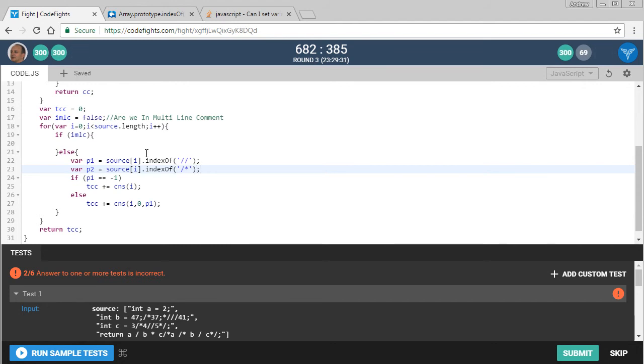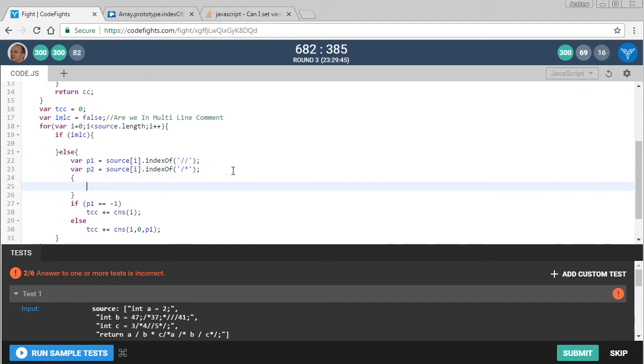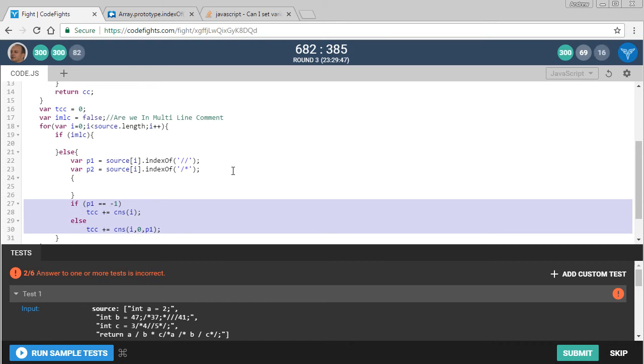Now, if the P2 happens before the P1, we've got to do something different. If the P1 happened before the P2, then the code we've got works. So this code here that we've got, this is all good,